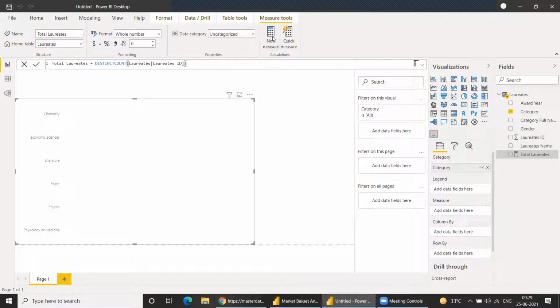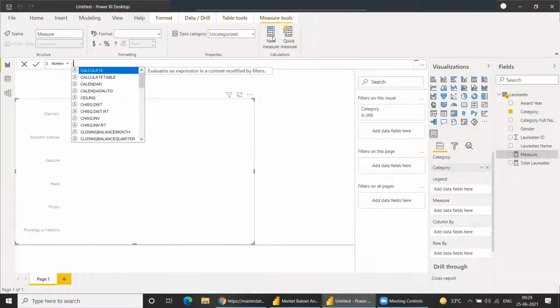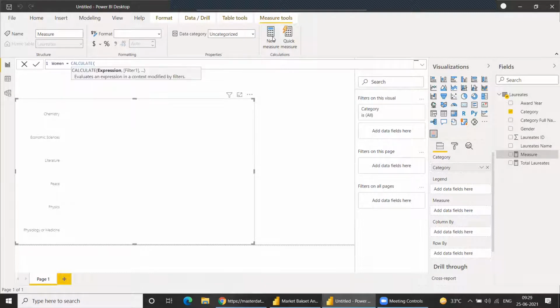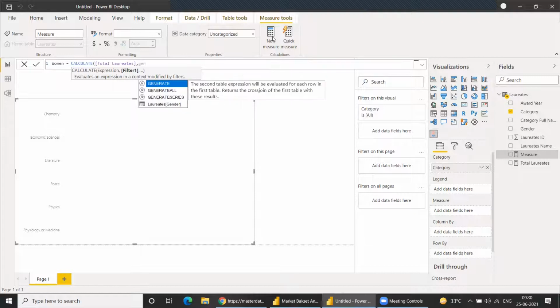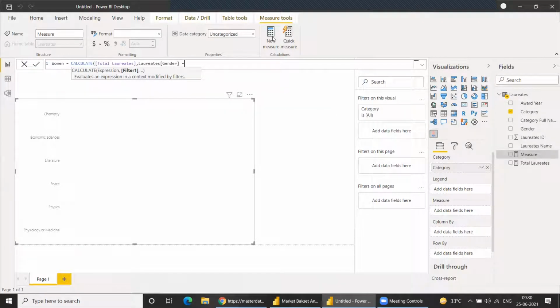Now we'll create a new measure to calculate the number of females awarded. So calculate a measure with a condition, gender equal to